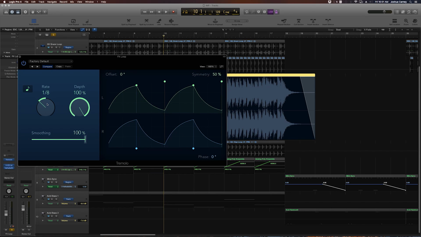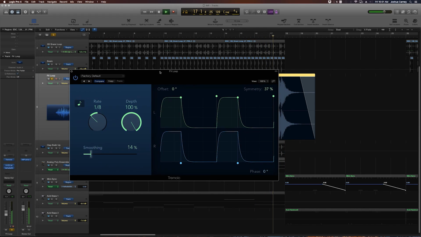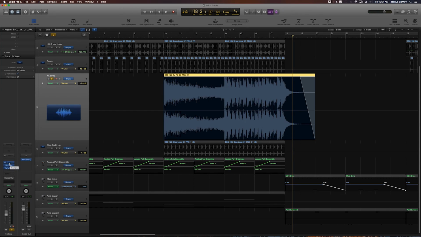Let's set the rate to an 1/8 note. And we'll pull the smoothing down quite a bit. And we'll pull the depth all the way down. And maybe even shorten the symmetry a bit. Let's see what this sounds like. Cool. Let's actually go ahead and put this on the second insert slot because we're going to put something else